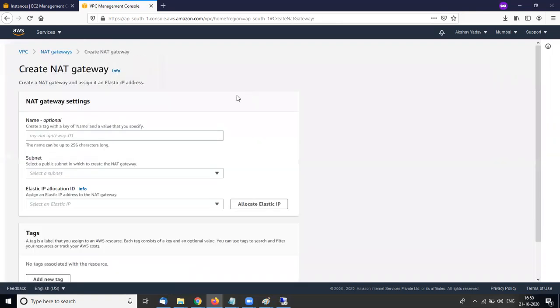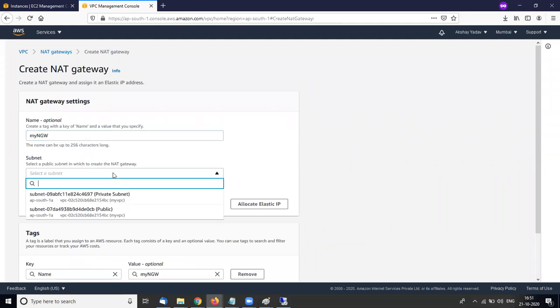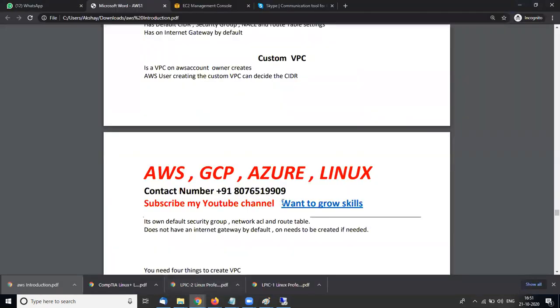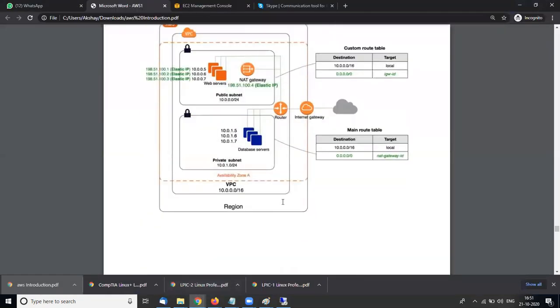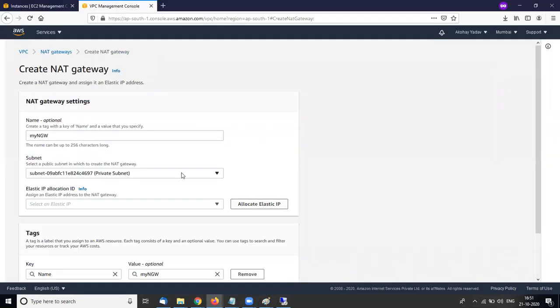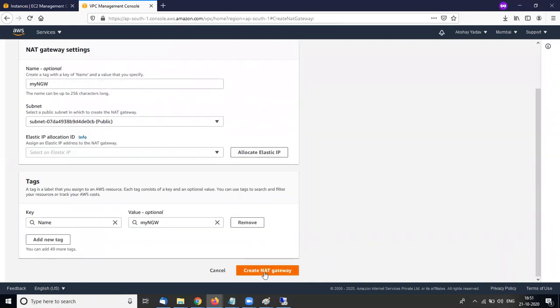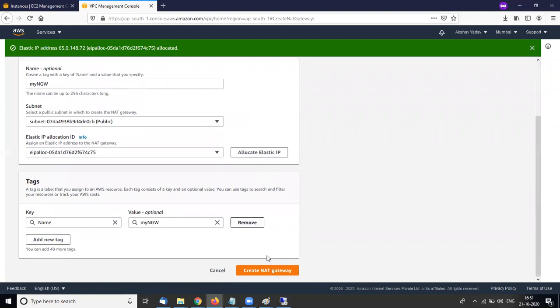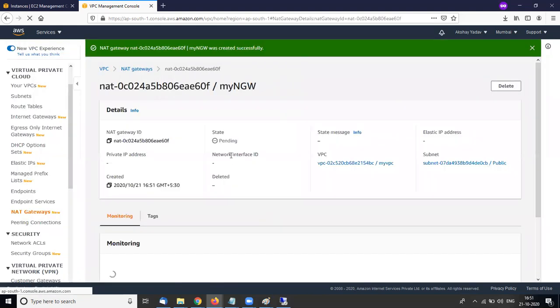Create NAT gateway. Select subnet. As per our diagram, we can create our NAT gateway in the public subnet. So allocate an elastic IP to this NAT gateway.